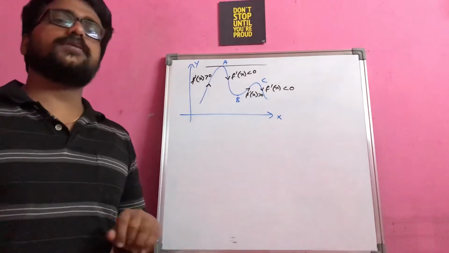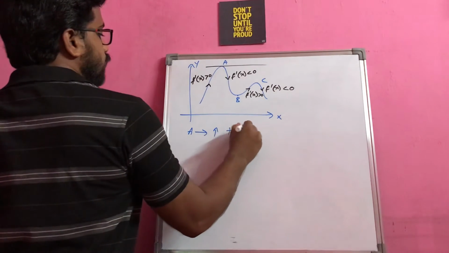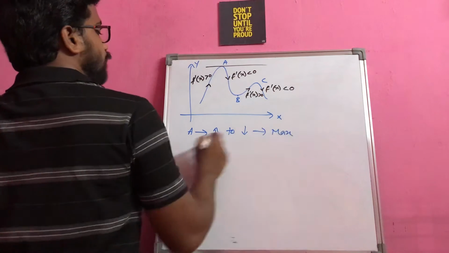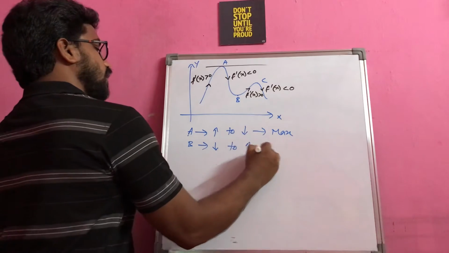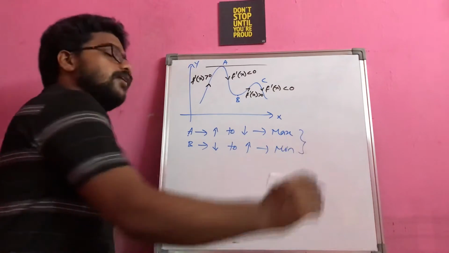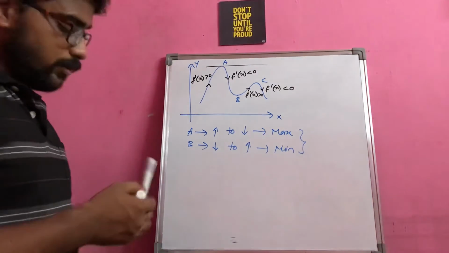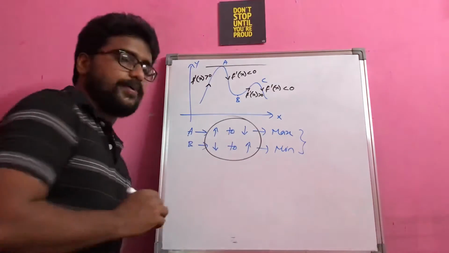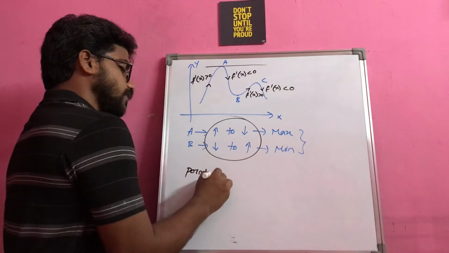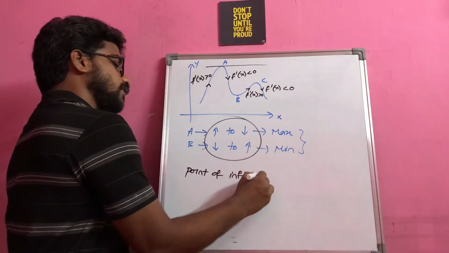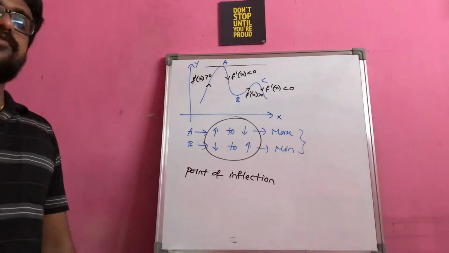So this concept is really very important. When a function changes from increasing to decreasing, it results in a maximum value, that is at point A. Similarly, at the point B, what is happening? Previously it is decreasing, again it is increasing, so that gives you the value of minimum. If you cannot see any such change in behavior, then that point is called a point of inflection. So a point of inflection is the point where you cannot figure out any difference in the behavior of the function.